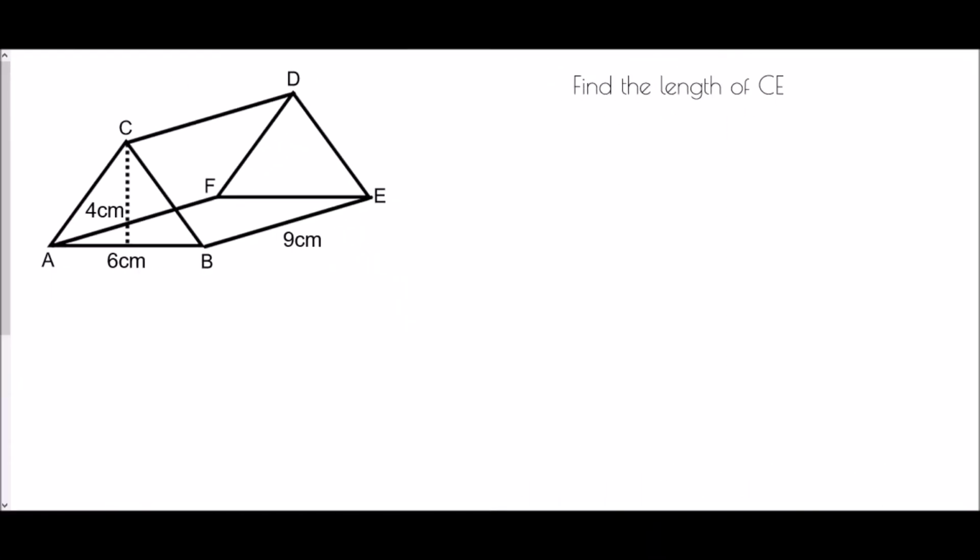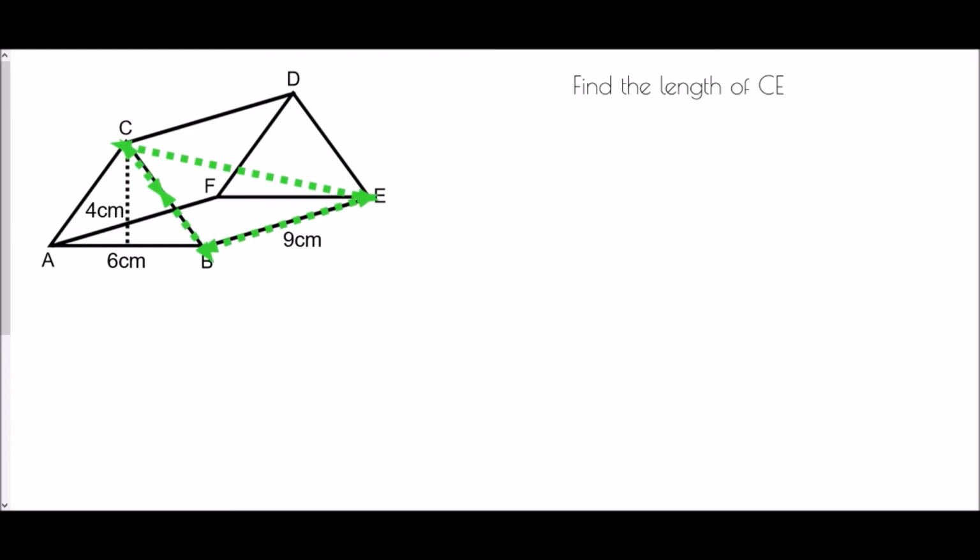Okay, so in our next question, we're asked to find the length of CE. Again, all I want to do here is add on some little lines to the diagram, just so I can keep track of what I am actually looking for. So eventually, I need CE. Now, in order to find CE, I'm going to need the rest of the right-angled triangle that is involved with it. And so, I might look